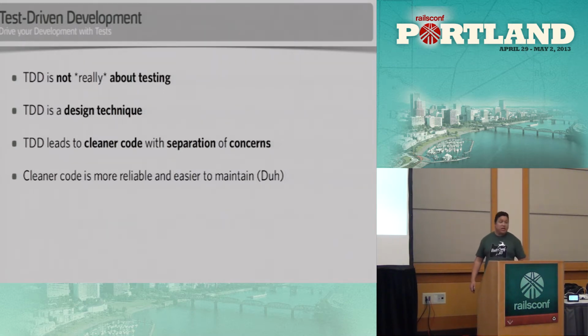Obviously, TDD leads to cleaner code and separation of concerns. Every time that I write something without following TDD, I end up with way more code than I needed. One of the tendencies that programmers have is that we like to abstract and simplify. So somebody tells us, hey, you need a method in this controller to do this. They walk away from you for 2 weeks. They come back, and you wrote a framework or a library. Not what you were asked to do. I tend to do that all the time. It's like, oh, yeah, here's a gem that I created because you asked me to validate an email in a controller. So TDD also curbs that tendency we have to write too much, over-design, and over-engineer things.